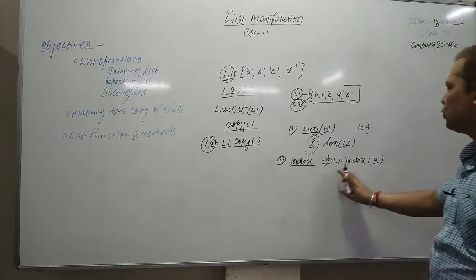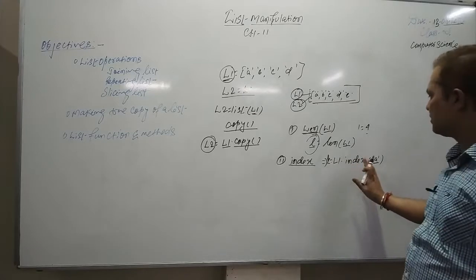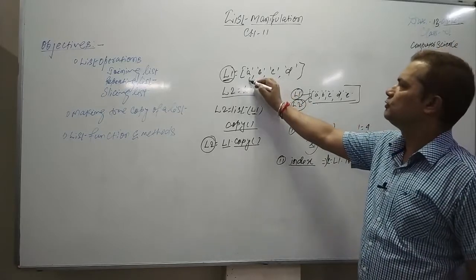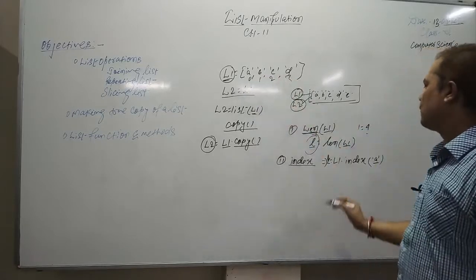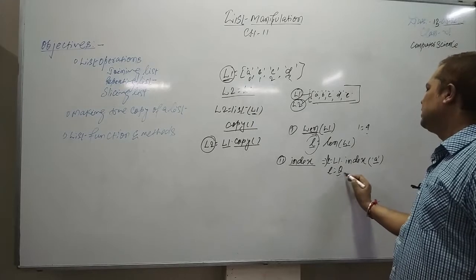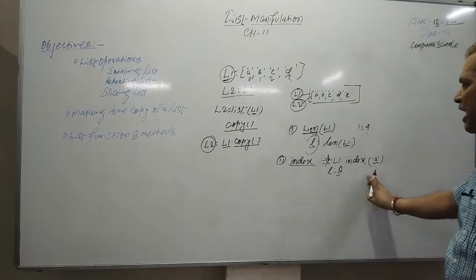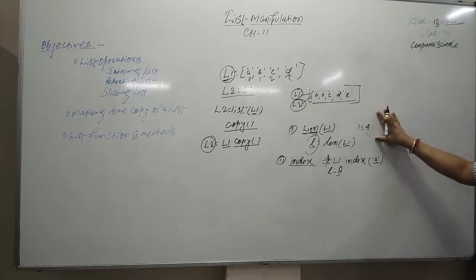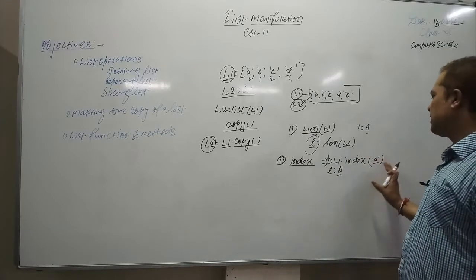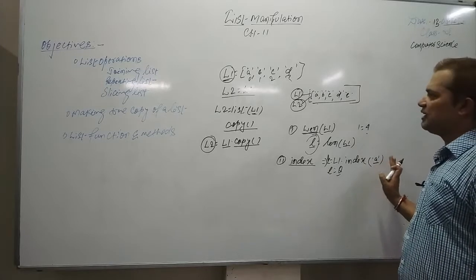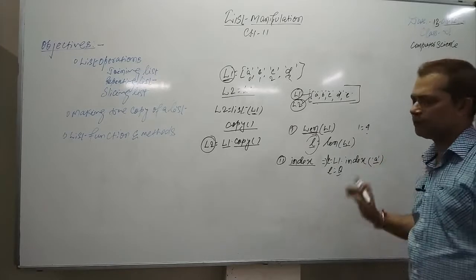So L equal to L1 dot index of A will return the index value of A. And what is the index value of A? As you all know, it's 0. 0, 1, 2, 3. So L is having 0. That is, at the 0th position you have A as an element in the list L1. So len is to find out the length. The index method simply gives you the index position of a particular element that you want to find out. It takes as a parameter the element whose index you want to find out.